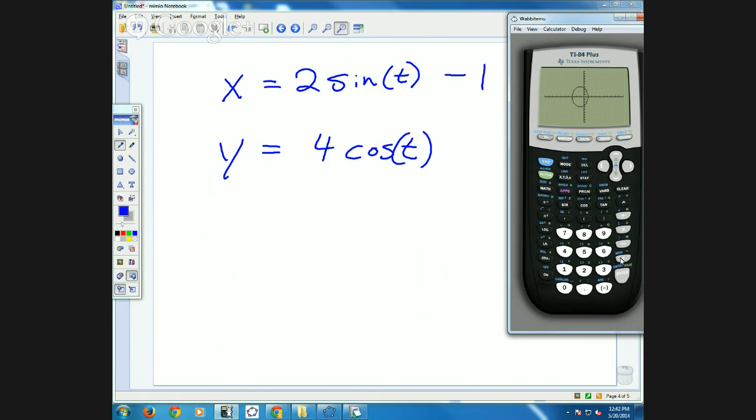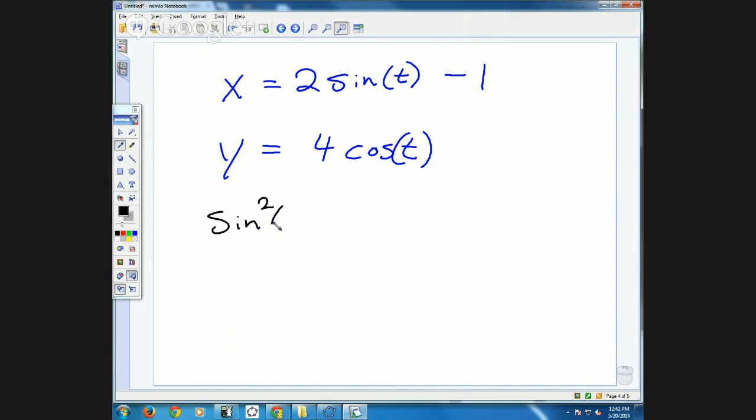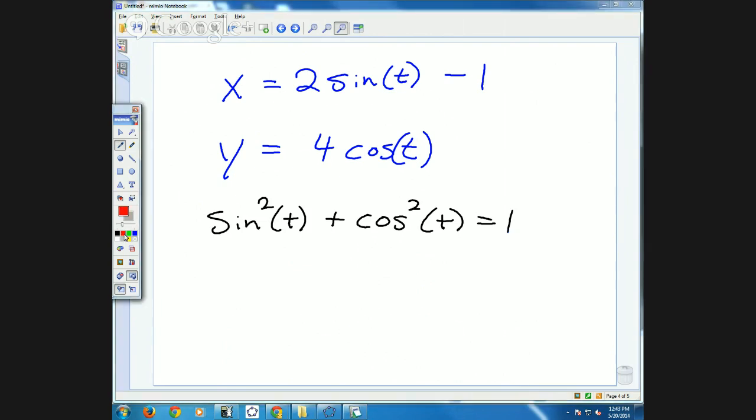So we're going to play around. What relationship do we know that draws cosine and sine together? We know that sine squared of t plus cosine squared of t equals 1. So what we're going to have to do is solve each of these equations for sine and cosine respectively. So I'm going to do the y one because it's easier. If I solve for cosine, I get cosine of t